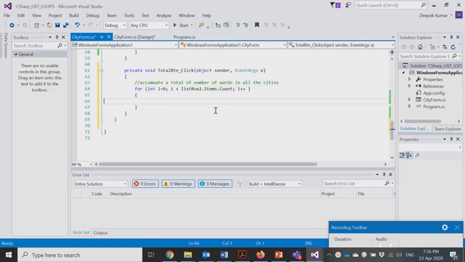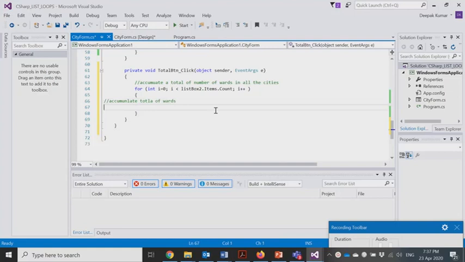So here we are demonstrating an accumulation, right? So basically this code over here is to accumulate the total of words.